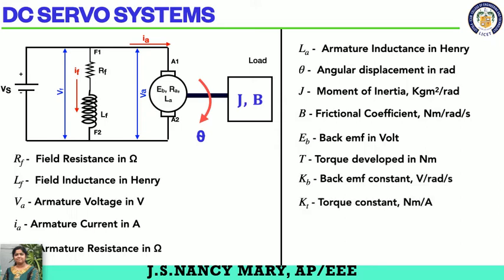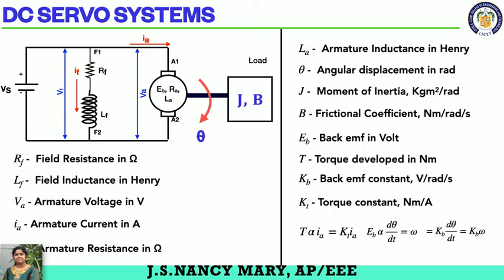Now you have to remember for a shunt motor, torque is proportional to Ia. So when I am giving a constant, let me name it as Kt, T is Kt into Ia. And then you also know that the back EMF is proportional to d theta by dt, which is nothing but your omega. So I could write it as Eb equals Kb into omega, a constant.